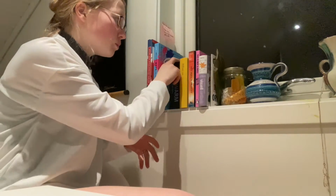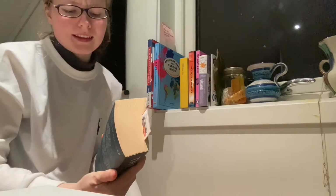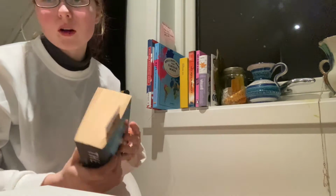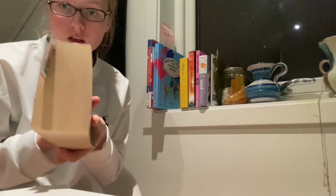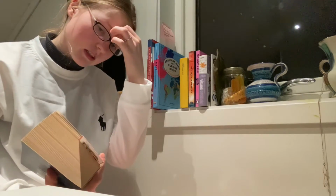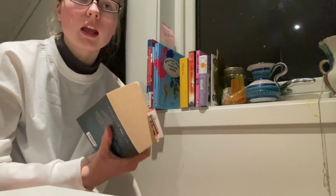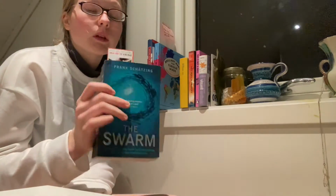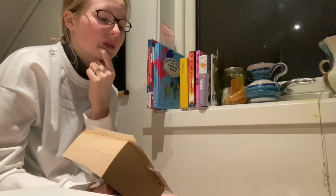And then we have an actual book that is huge. It is, I think, a little bit more than, okay, maybe 900 pages. Yeah, almost 900 pages. And I've read 78. And I got it for my birthday. And right in the 2 months following after my birthday, I was in a reading slump, and I didn't read anything, including this. So I read this recently, and I'm really sad I haven't read more of it, since I really, really want to read this book